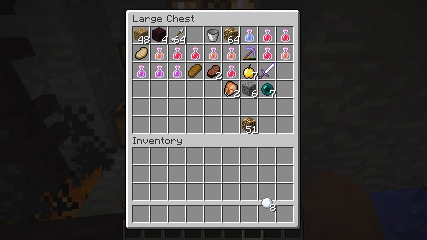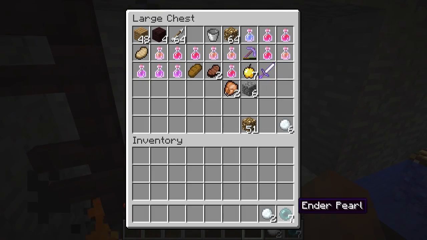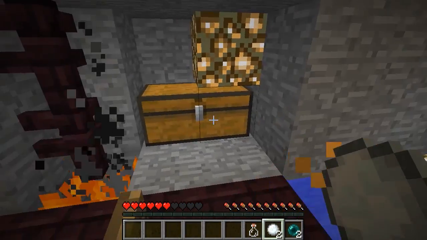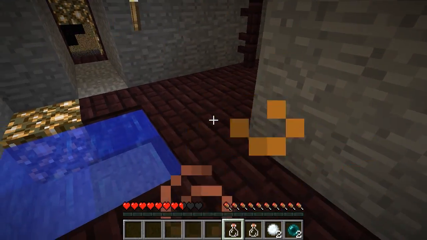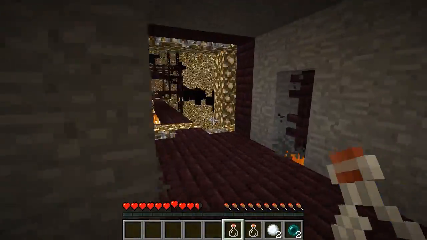So the next thing I'm thinking is let me see what I could do with some ender pearls real quick. Let's go ahead and use a fire potion real quick. Now, theoretically, the best case scenario here... Oh, I should not throw that with things in my hand. Or open the chest with things in my hand. Theoretically, the best case scenario for this...